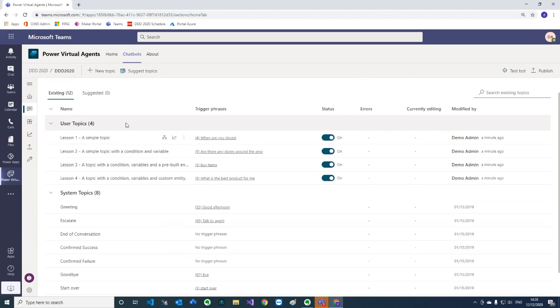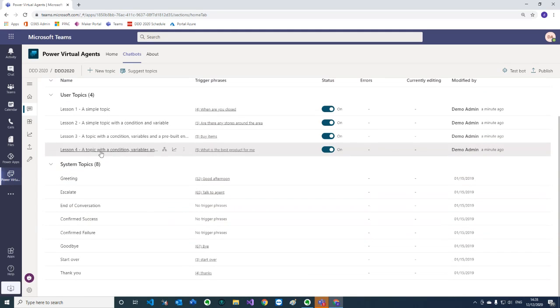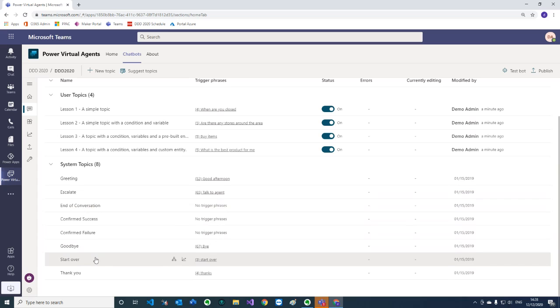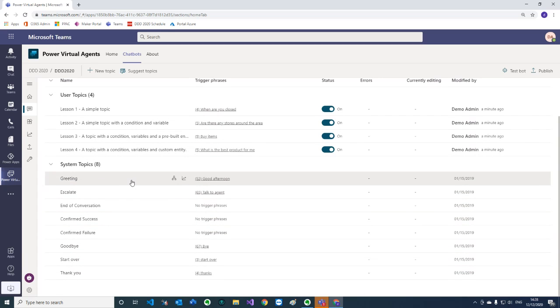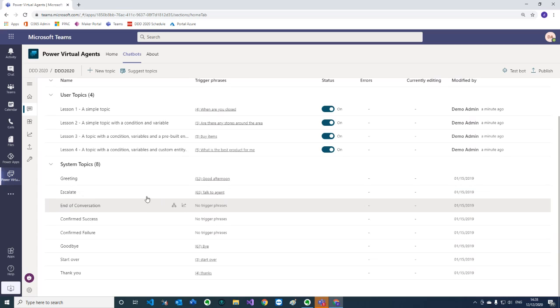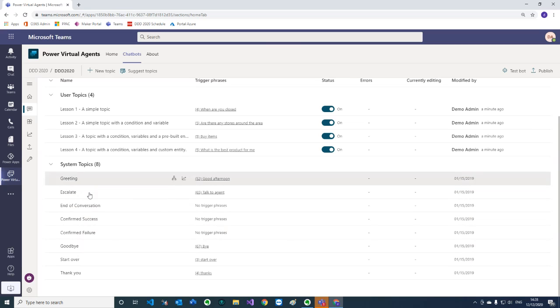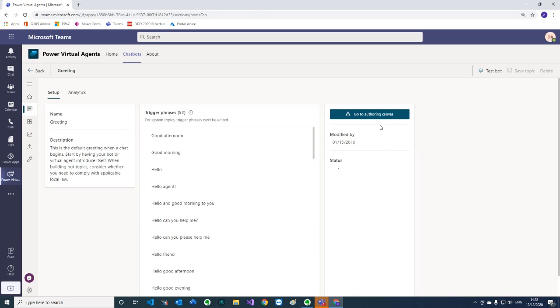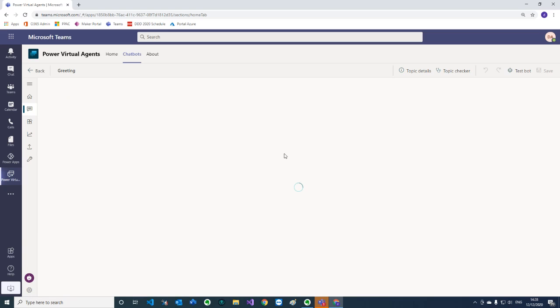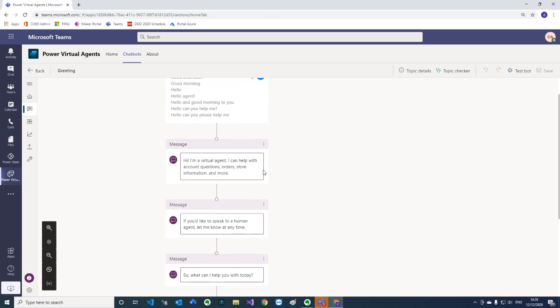So when you go onto the topics area, you can see there are user topics and system topics. System topics are the ones that are already there, but you can still customize them. These are the default ones, like when someone says hello or start over, so it can recognize all of those. They are already built in, you don't have to do any work. I am just going to quickly edit the greeting topic so that it can